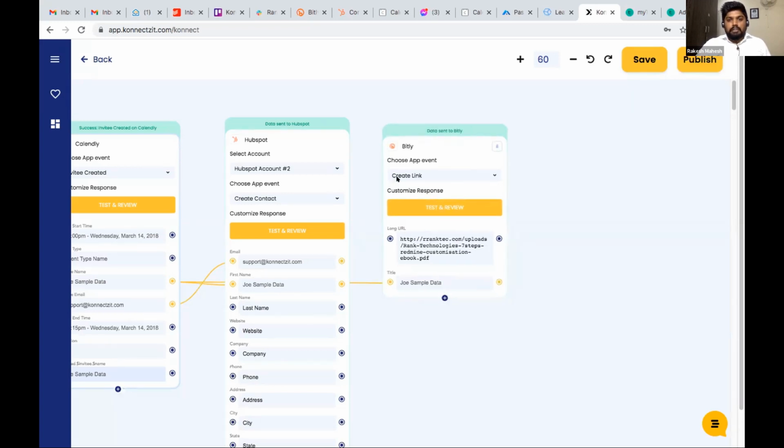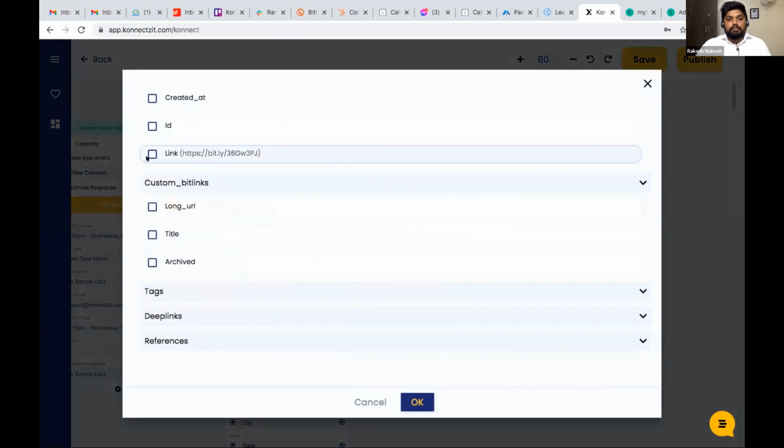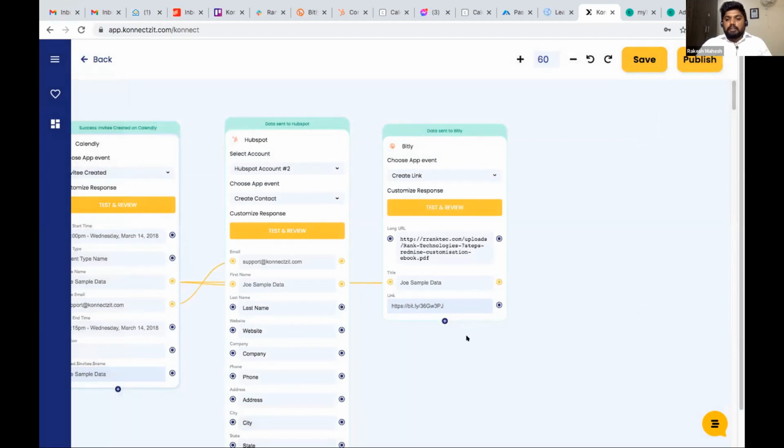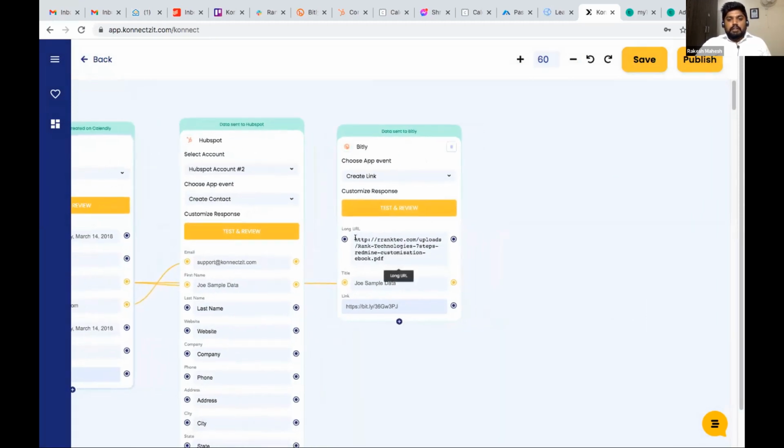This will enable Bitly to send data to Bitly, and also it will generate a short link for me. So you can see that, using our additional attributes makes our application more robust. This I can use for my further automations. Now my link shortener worked, and I got a shorter link of an ebook.